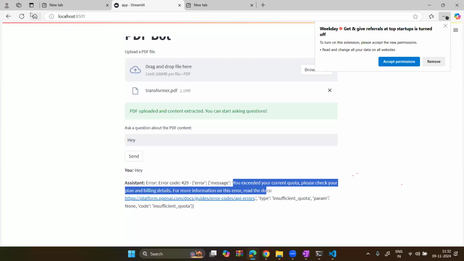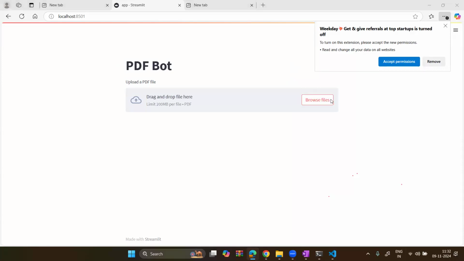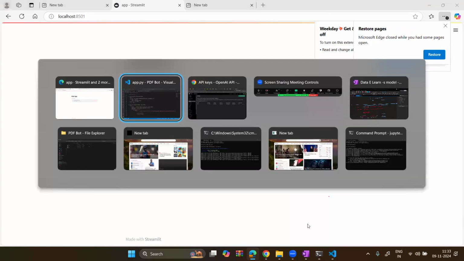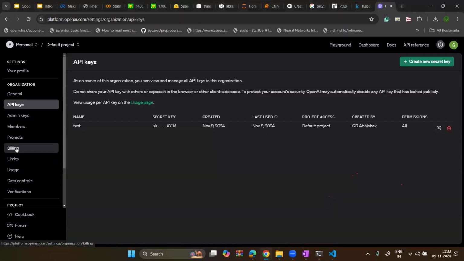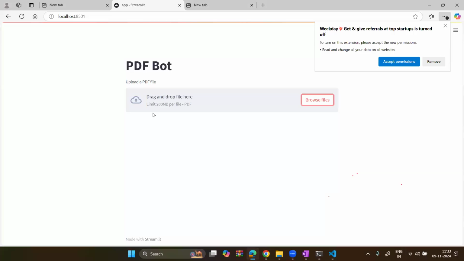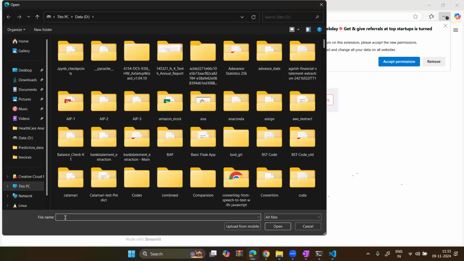Let me go back, refresh this and upload again. And you have created the API key. Just check how much free credit you have in the billing section. You will find the billing section. Okay, I guess we should do something for that. Let me find out. Okay, fine. Let me see. Okay, fine. For your question,